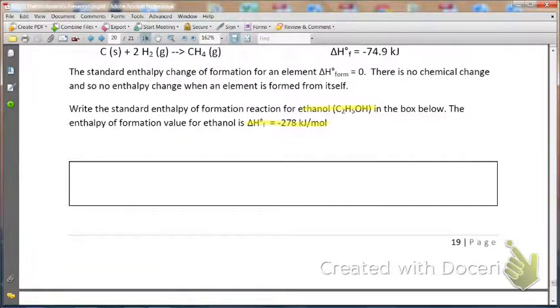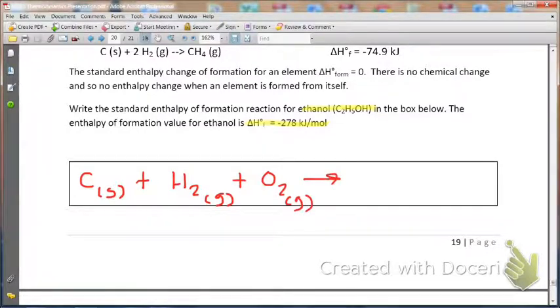So we've got to write out the elements. So carbon, which is a solid at room temperature and at standard conditions, plus it's made up of hydrogen, which of course is diatomic and it is a gas at standard conditions, plus it's made up of oxygen, so elemental oxygen is again diatomic, and that is going to produce our